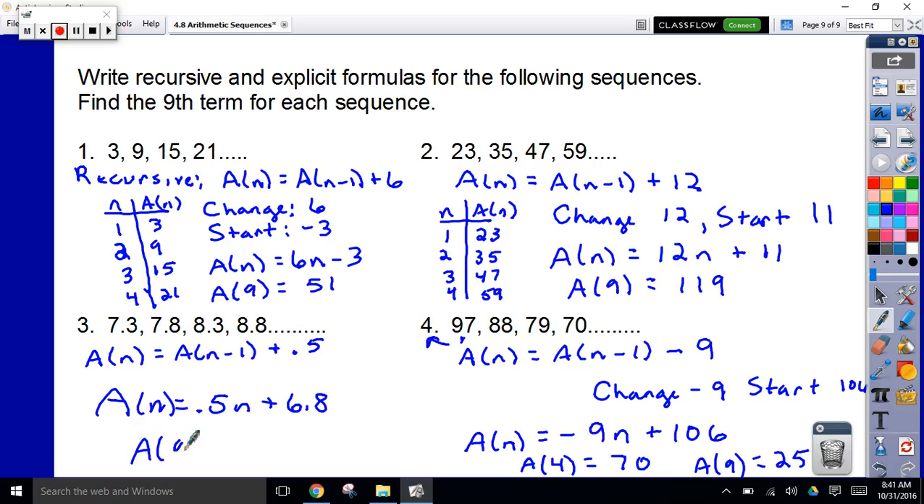Let's zip back over to our last one. What's a of 9 for this one? Hannah? Good. 11.3. Okay, any questions about this? Okay, there's one